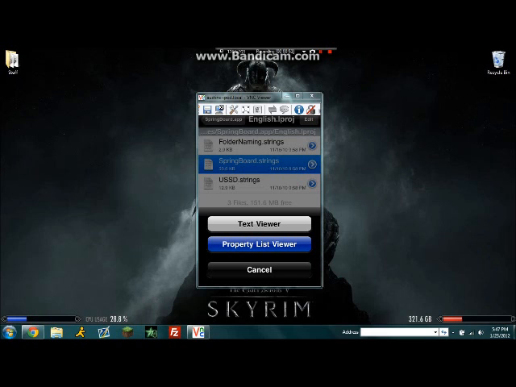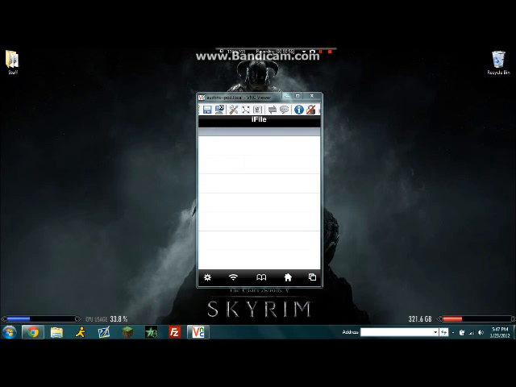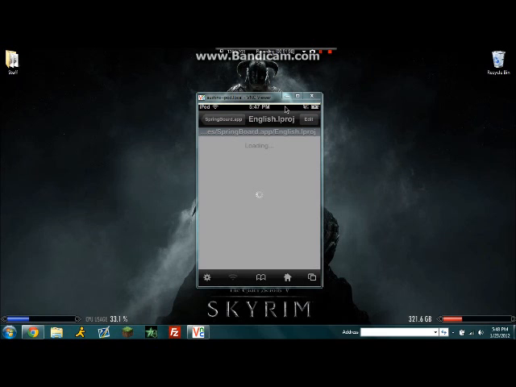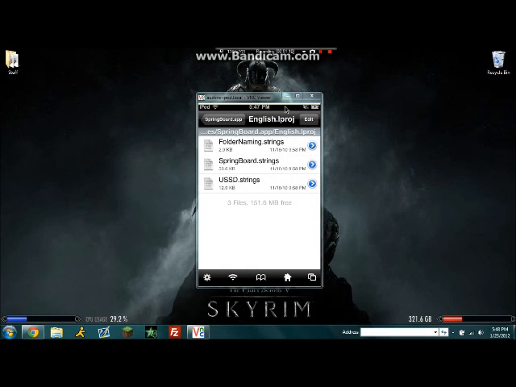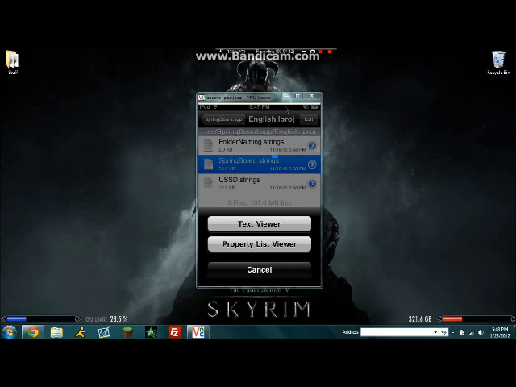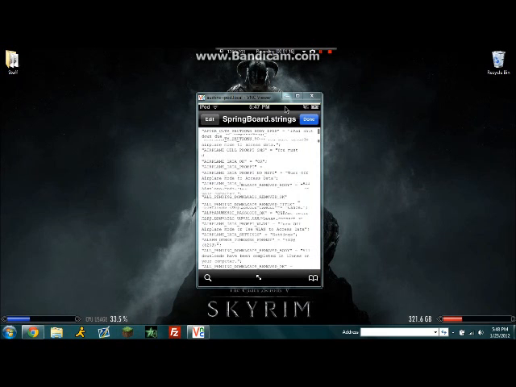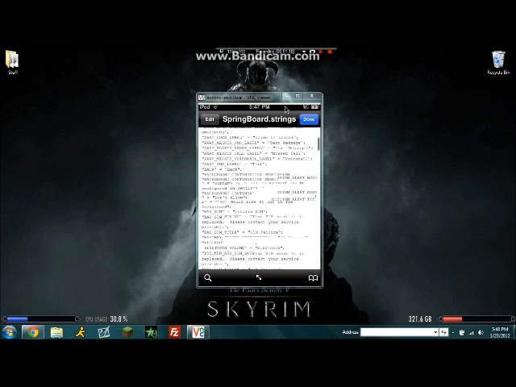Okay, going to open probably this view. No. Let me go back to iPhone now. Don't open it in this view, it'll freeze your iPod. Open it in text viewer. And I'm going to scroll down until it says